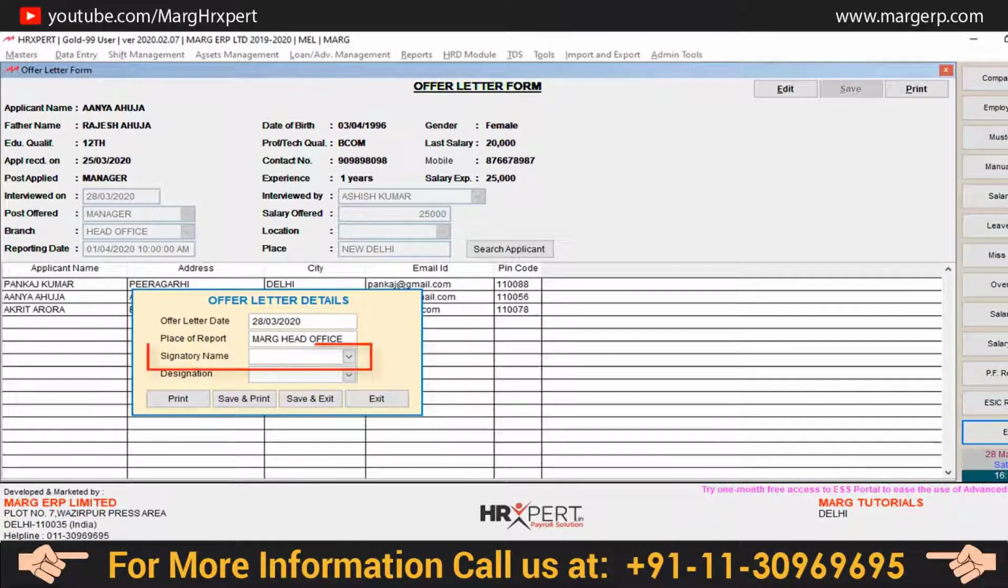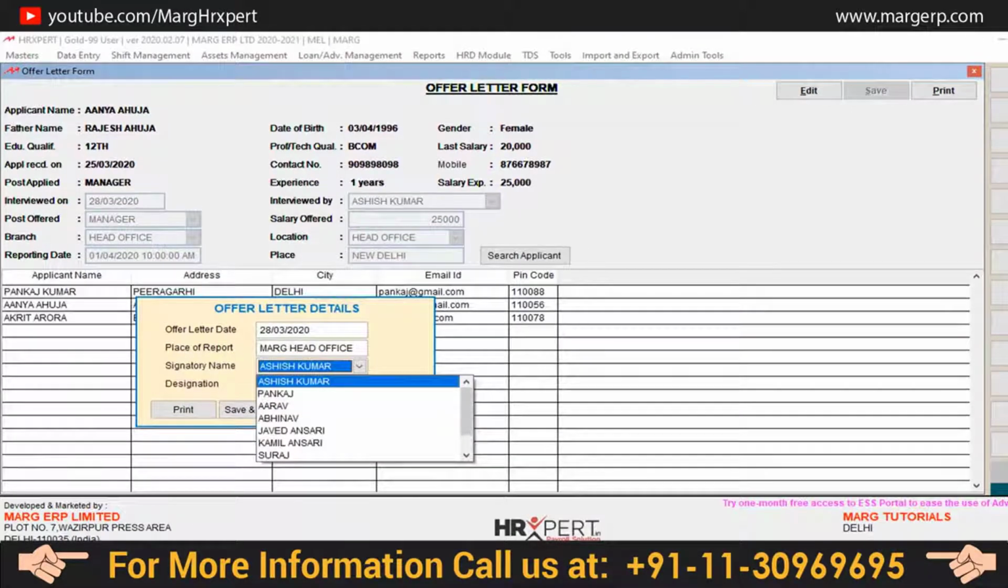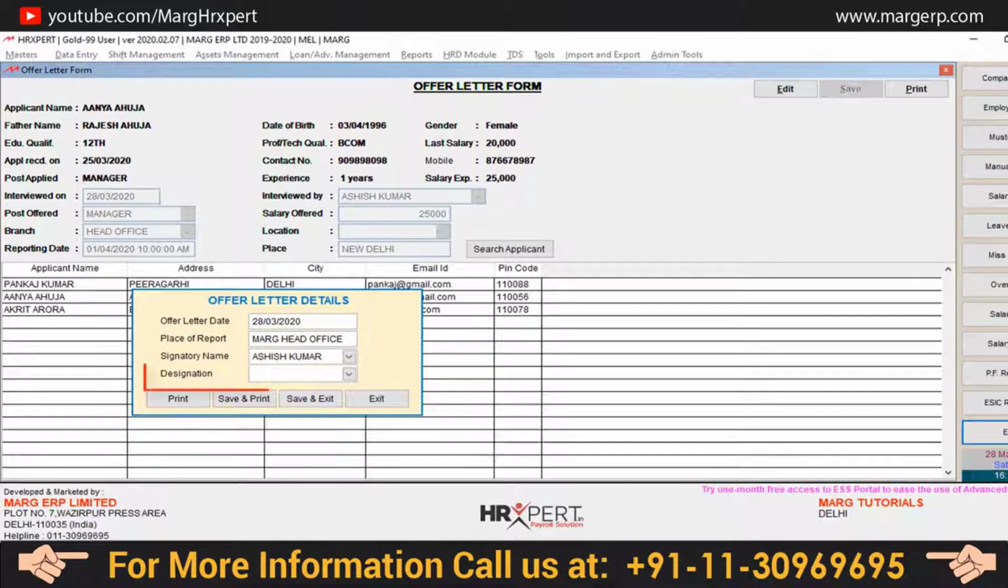etc. Then is signatory name. Choose signatory name from the drop down. And in designation, choose the designation of the signatory from the drop down. After this, if you want to take the printout of the letter, then click on the print tab given here. And if you want the printout of the offer letter after saving, then click on save and print tab. Similarly, if you want to save the offer letter and you don't need its printout, then click on Save and